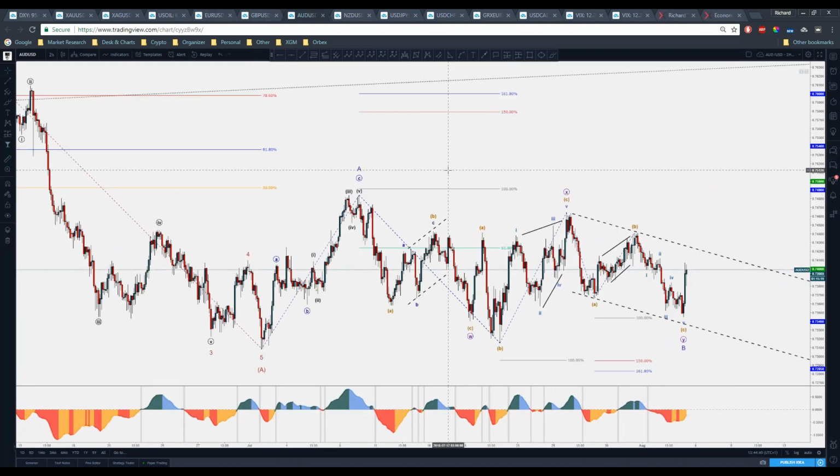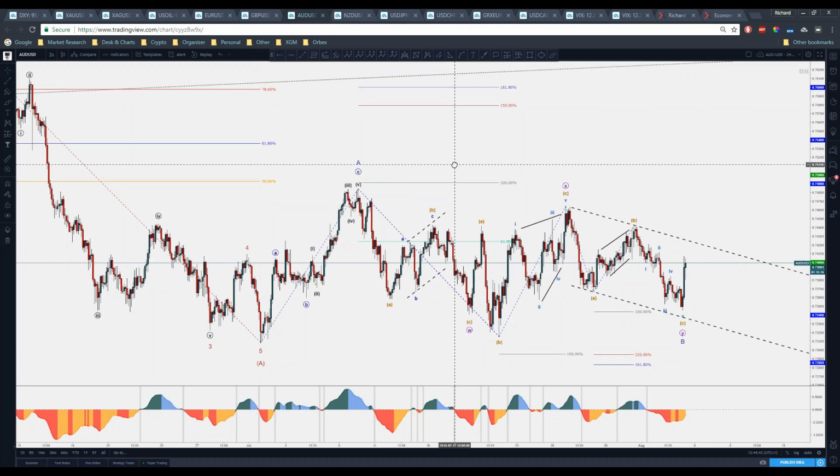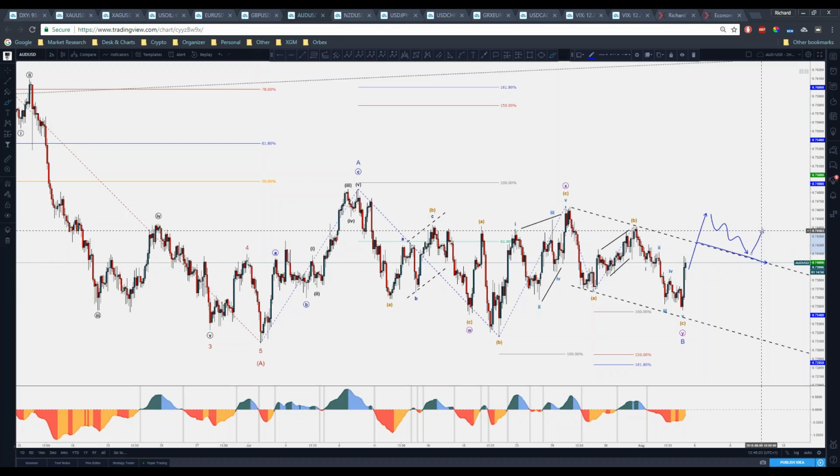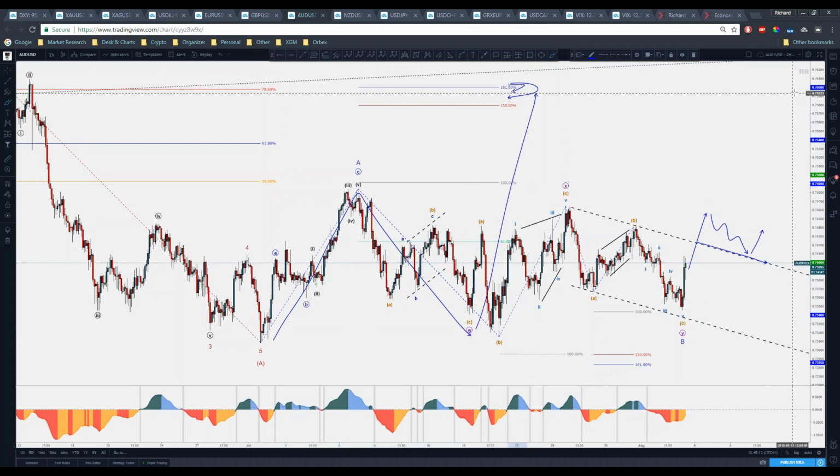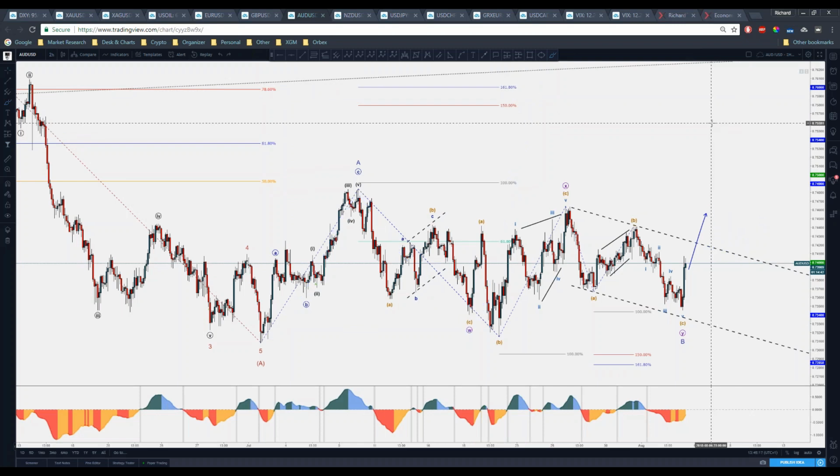Further on, Aussie dollar. This obviously presents a complex structure. If this manages to break out, that would be great, because if it breaks out and also slides its way towards this channel, it could be a bullish sign. If I see that, then I would look at this 161.8 of A and the lowest point of B, which is basically 0.76. That's a long journey, something impressive, I would say.